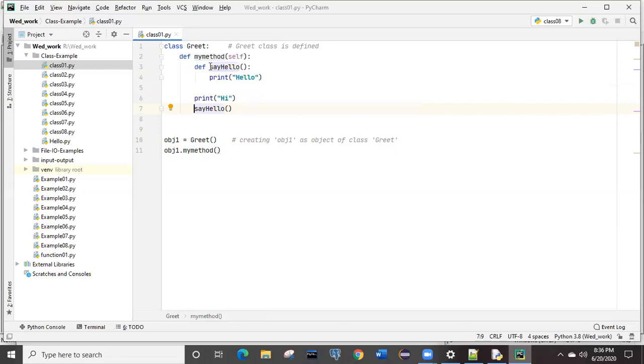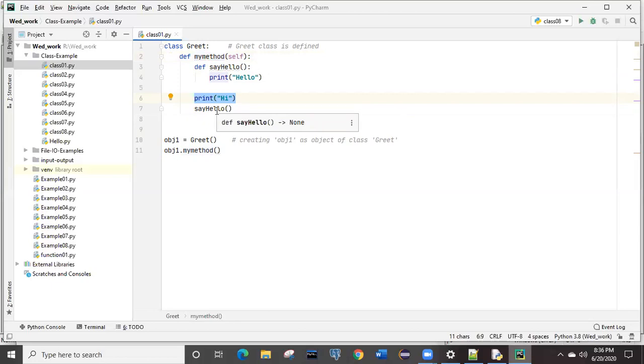It will see that another method is defined over here, and inside that, print is hello world. But because we are calling my method, not directly calling say hello, first it will execute my method and come directly to the print statement, and it will give you the output hi first.